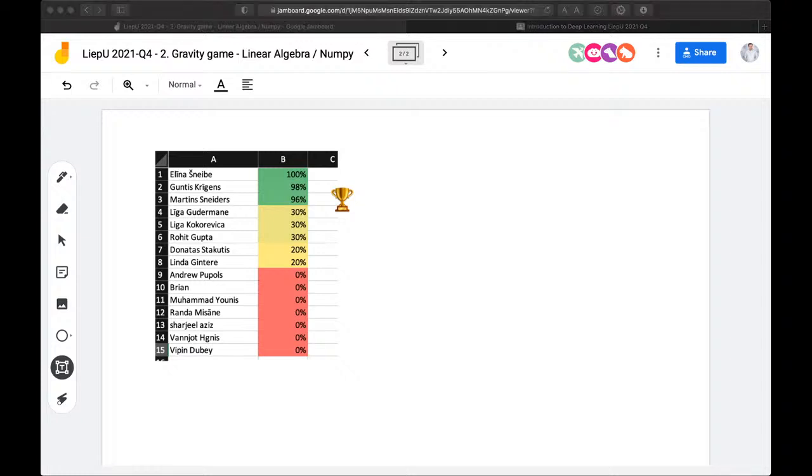So that's one thing. But I'm very happy for those in top. There is also one big warning. I saw that Guntis and Dontatas had the same exact code with same exact mistakes. So if I see that again, there will be 0 marking for both of you if you submit the